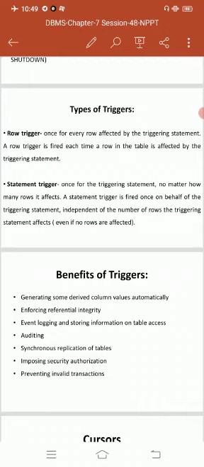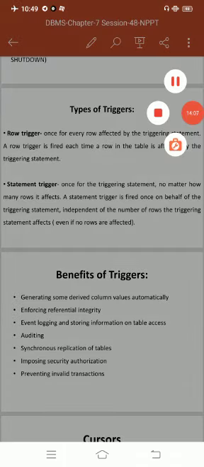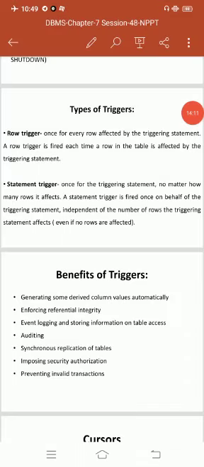So this is the main advantage: for auditing purposes, we can use triggering. Next one, synchronous replication of tables. Next, imposing security authorization. The last one, preventing invalid transactions.